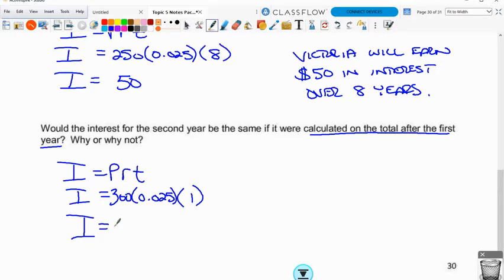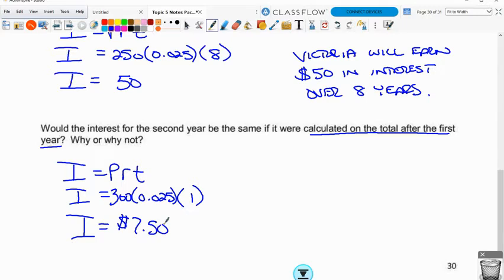We're going to type in 300 times 25 thousandths times 1. Okay, and that's going to give us an interest of $7.50. Now, if we wanted to figure out how much interest she would earn in just 1 year, okay, we